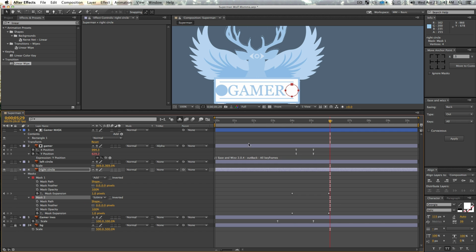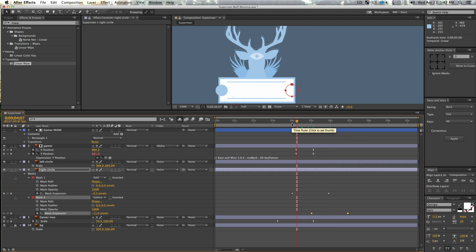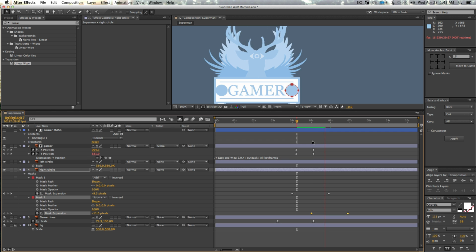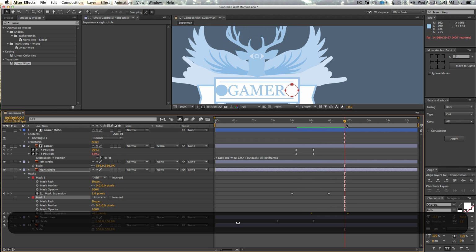So what this is going to do is make our little guy disappear, but if we select our keyframes and move these forward, it's now going to stagger our subtract mask from our add mask. So we're going to get a nice little pop of animation. So check this out. It's going to pop up and it looks like it kind of has a little ripple